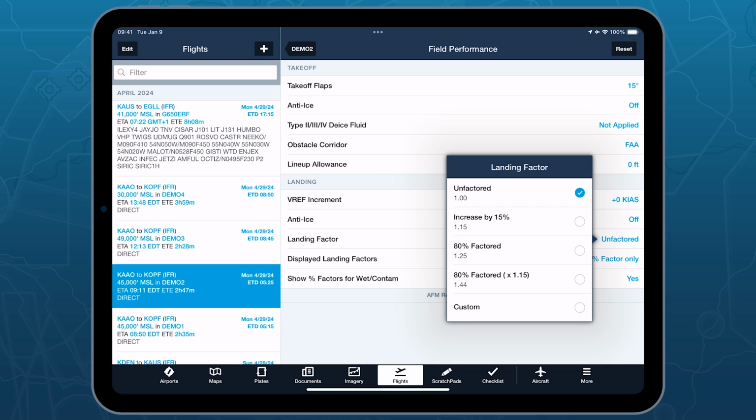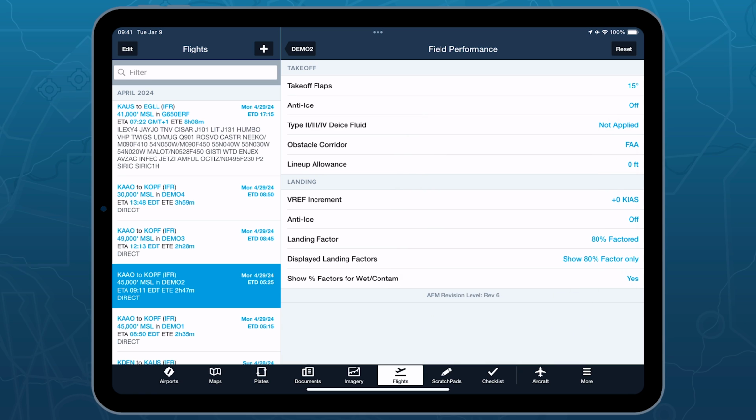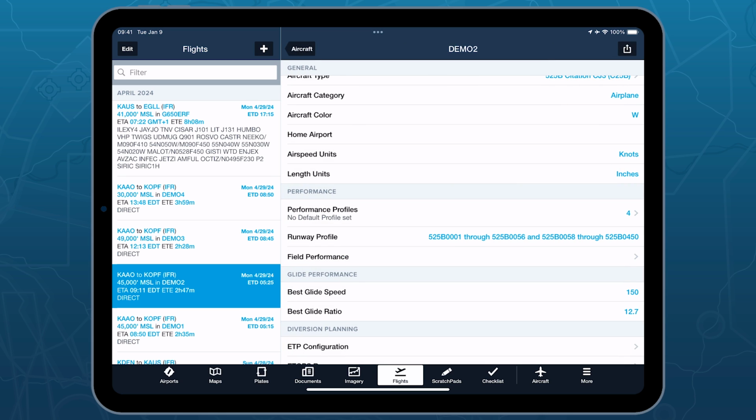I can even go a step further and make that my default. So this landing factor selection here is where I set my default landing factor. In this case, we will assume I'm always incrementing it by 25%. So I choose my 80% factored here. Now going back to my flight,